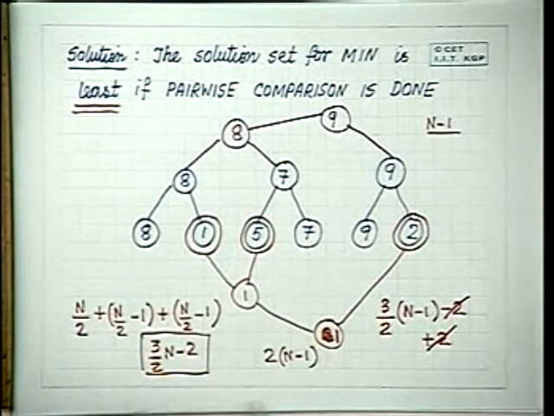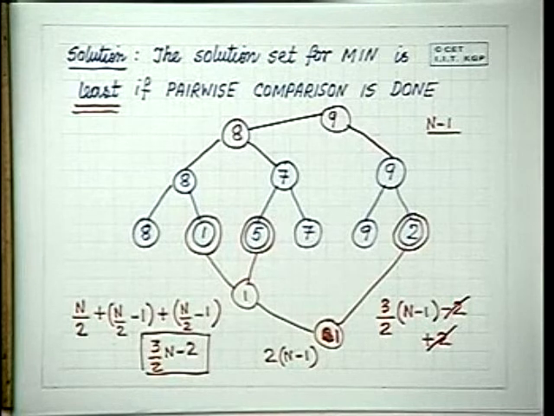Therefore, if you work out the algorithm this way, you are bound to get a solution which is much better than the previous scenario. This is the point which I wish to stress. The point was, where did you start from? The previous algorithm which we discussed, we started from the code of the maximum of n numbers, that is the final algorithm of the maximum of n numbers, and we tried to improve that.